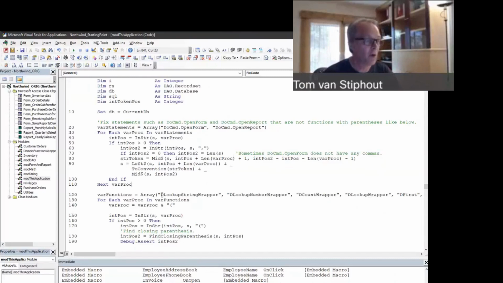And then the other one is functions, such as this one that is in Northwind, or just a simple DFirst as is defined in VBA. Those are all functions that have open parentheses, arguments, zero or more, and close parentheses. And so I can recognize those and then work with